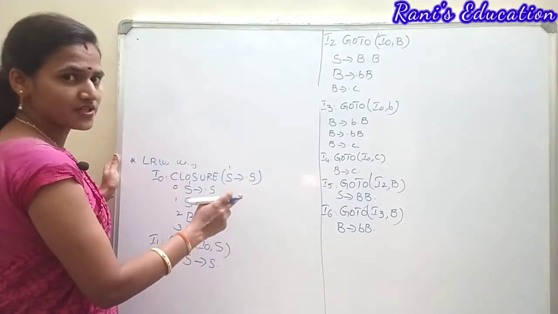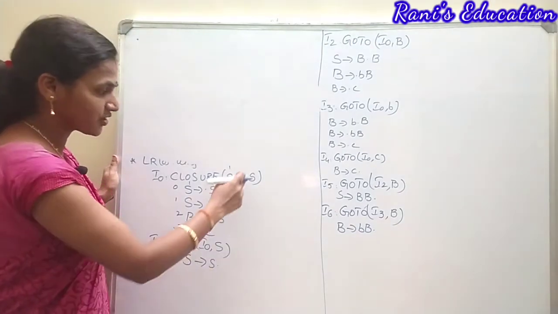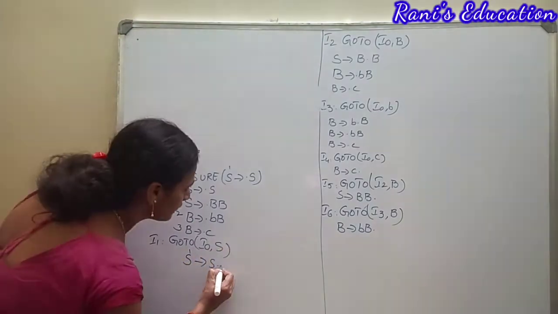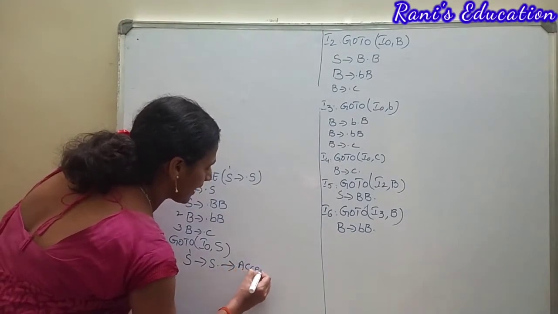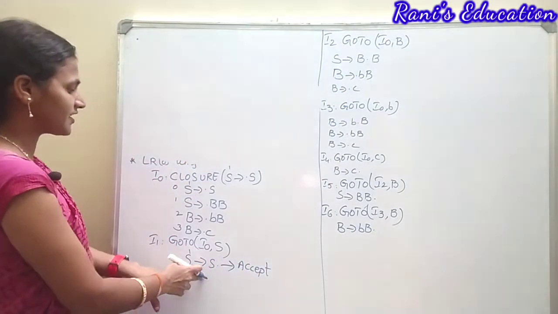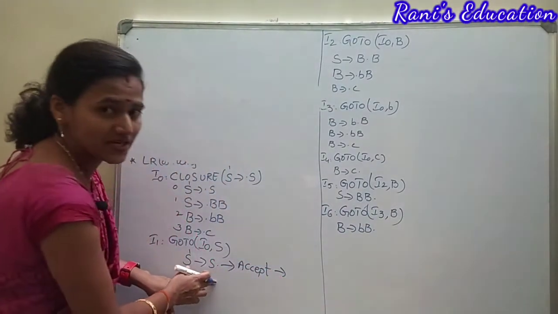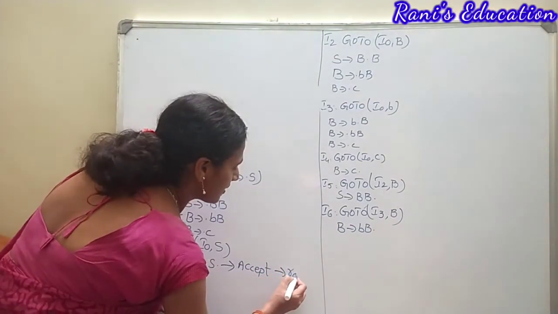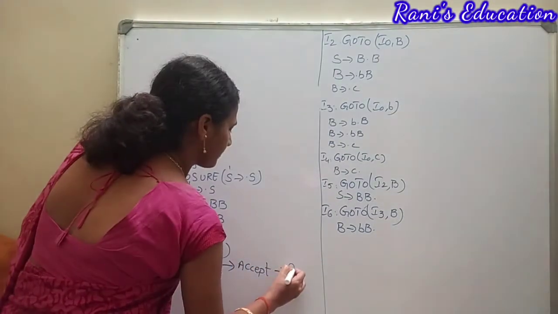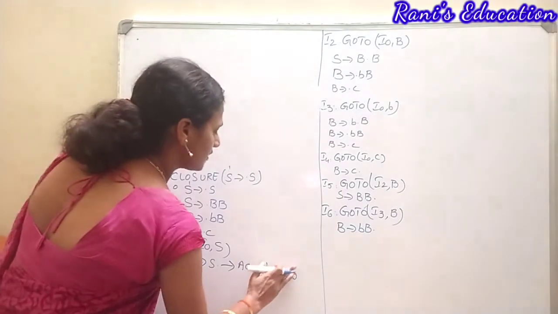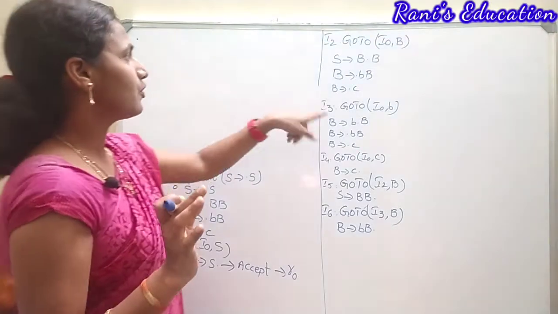So whenever the production is in the form S' → S., which is the starting production of an augmented grammar, then we are going to take accept. What is the production number for this production in the augmented grammar? That is item 0, right? So it is a completed one, so we are going to give the reduction number as R0. Okay. No worries, you can use small letter or uppercase letter. Both mean the same. Now move on to the second item.